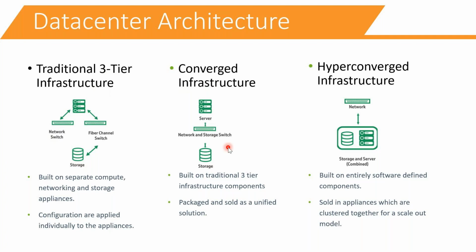Say, I want converged infrastructure for SAP. Then they give you a box and say, take this one. It is already tested against this solution, so you can just connect it in your data center. You don't need to do the cabling part. It is already internally connected, so just connect the box, and then you can start deploying your application.